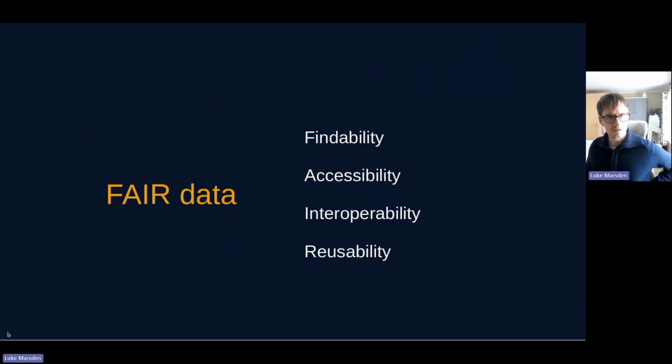I guess you've probably heard of this term, FAIR, but this has unfortunately become a bit of a buzzword. And when people say the term FAIR, all they're really referring to is that the data are findable and accessible, and they often forget about interoperability and reusability. And often the findability isn't as good as it could be either, to be honest.